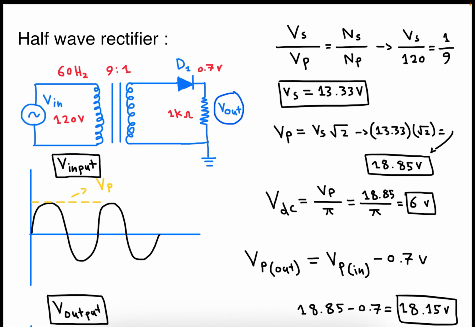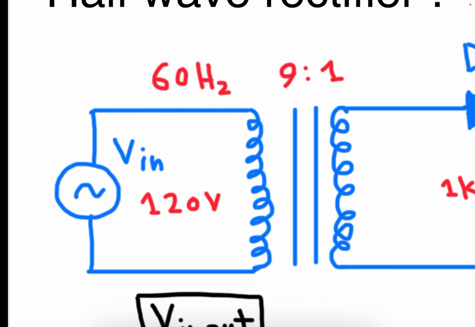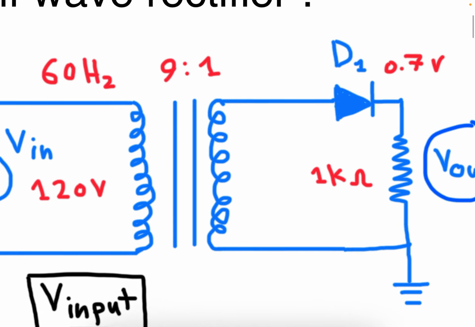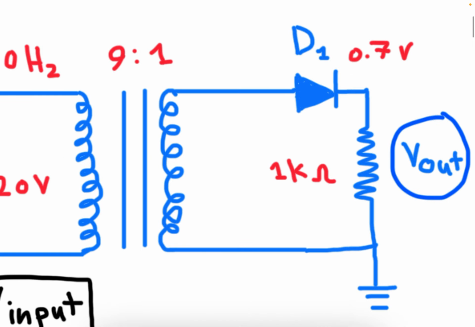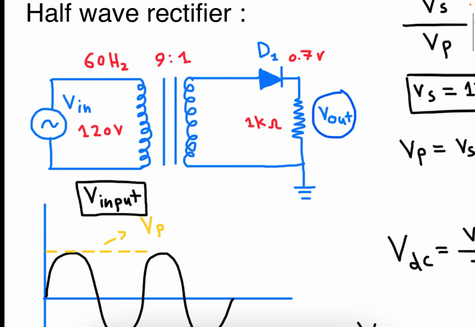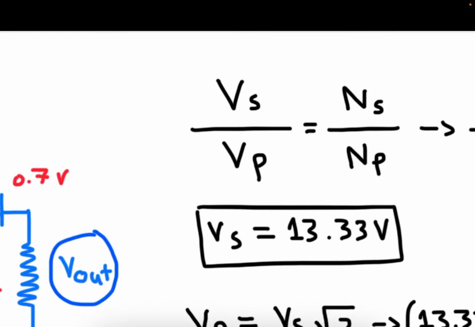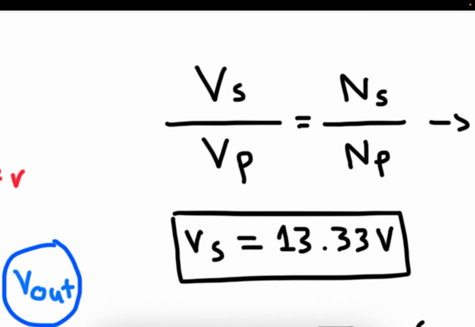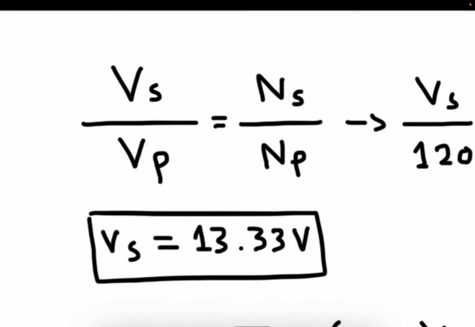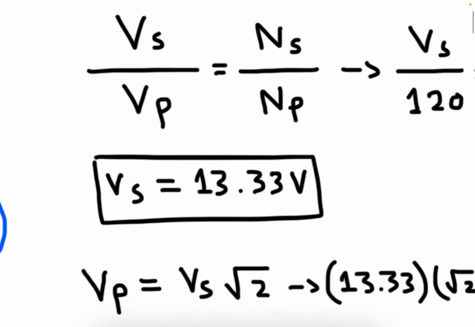As we can see, we have an AC power supply connected with the primary winding. On the other side, we have the secondary winding connected with a diode in series, also with the resistive load. Now, if we want to calculate the secondary voltage, the secondary voltage divided by the primary voltage equals the secondary winding divided by the primary winding ratio. So the secondary voltage will be equal